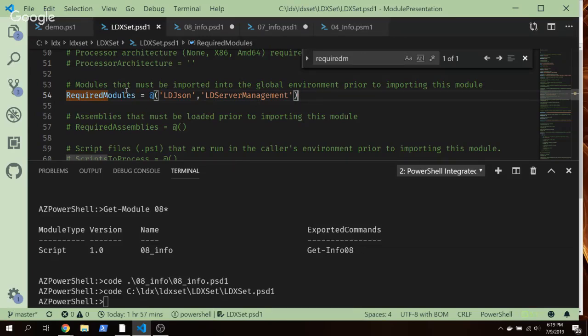One other nice feature of this is when you publish to a repository, or basically when you install from a repository like the PS Gallery, if they listed required modules, it will install those modules for you from that same gallery. So that's a nice way to kind of bundle stuff together, if you will,